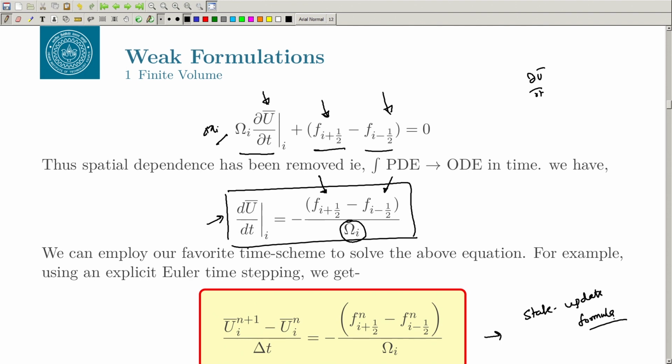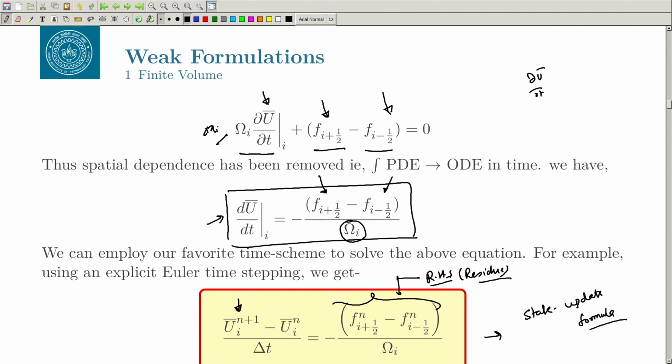Okay. Why is it the state update formula? Because you are updating to n plus 1 from the value n. Using the same principles that we had for the finite difference, if you do it for n plus 1 here and n plus 1 here, that becomes an implicit scheme, right. But let us stick to the explicit scheme here. This right hand term is called the RHS,